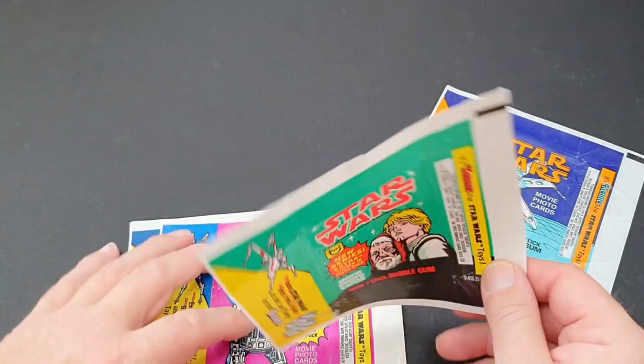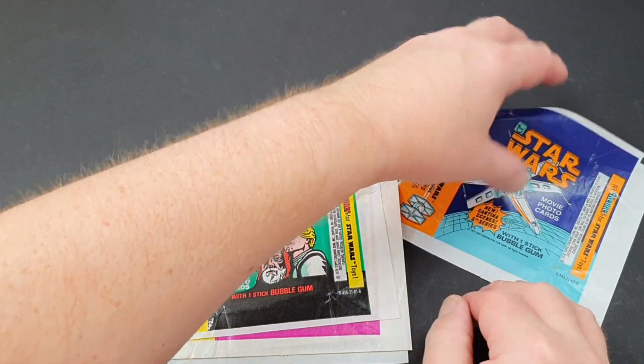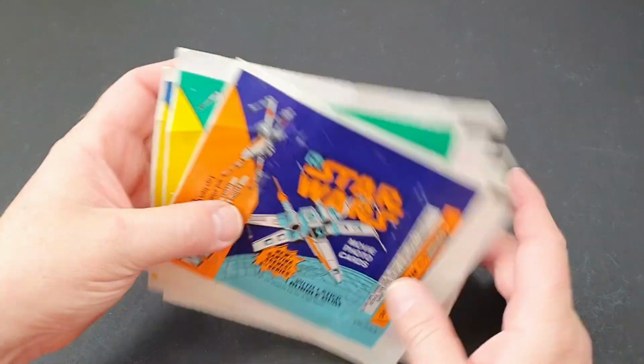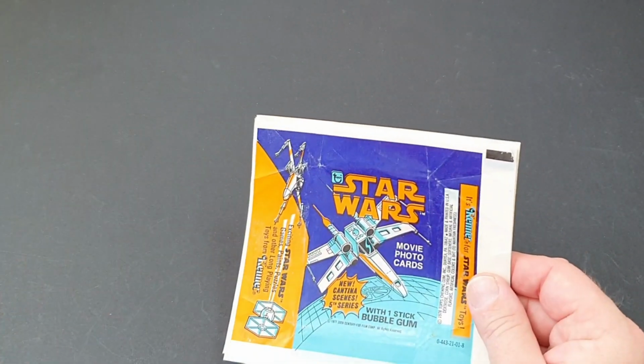Series 4 with the green cards, which is those ones there. And then the final set that came out was Series 5, which had the X-Wing on the front. So anyway, I've got a much more extensive Topps Star Wars video in the pipeline, which I'm going to film